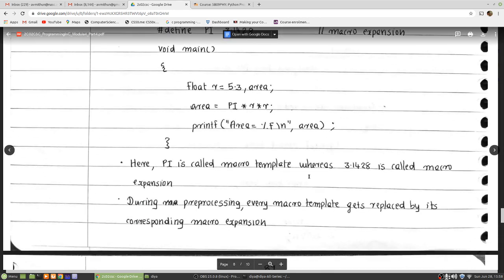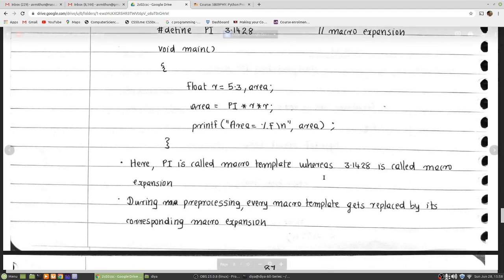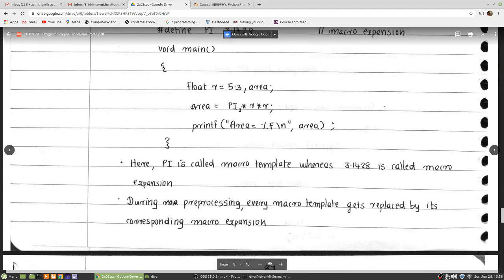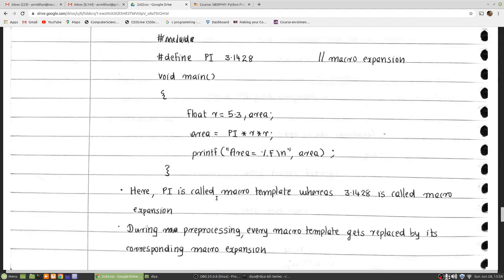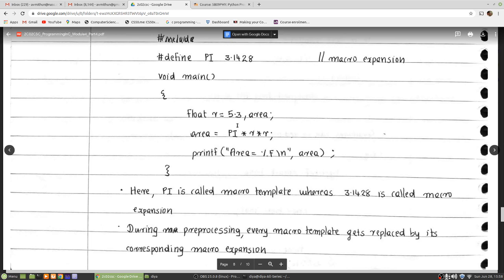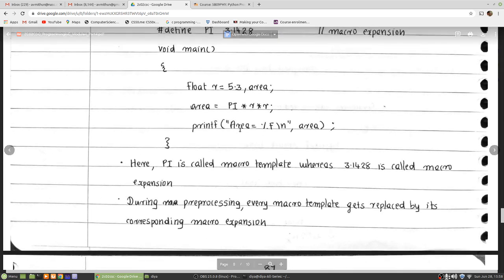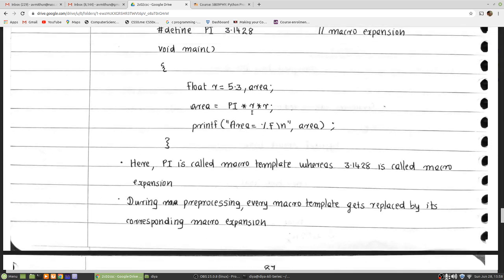That's what is meant by expansion of the source code. PI will be replaced with 3.1428. Suppose your program has PI somewhere else in the program, that PI will also get replaced with 3.1428. So that is the expansion of a macro template.